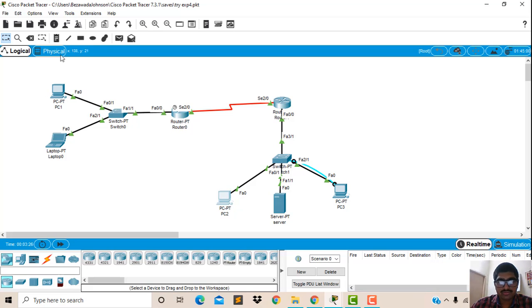Now how will the simulation be done from PC1 to PC2?